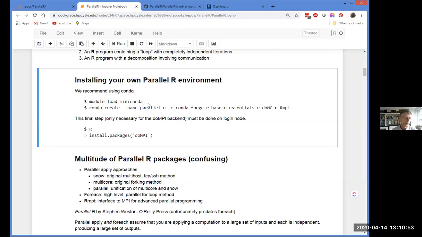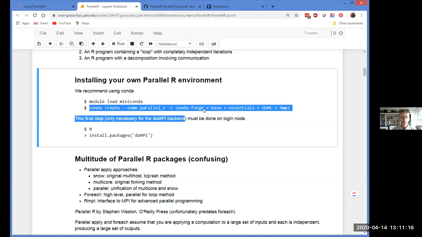If you're not running on the clusters, you can just follow the instructions that you would find on the Conda site for how to install either Miniconda or Conda. On the clusters, we install that part for you, and you just use it by saying module load Miniconda. So having done that, then you can create a new Conda environment like this.